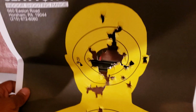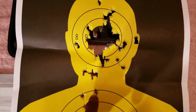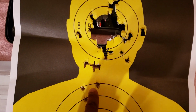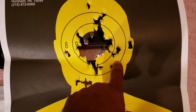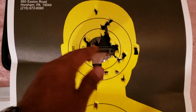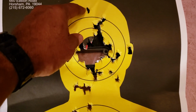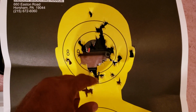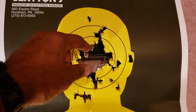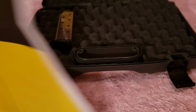And just to go further here, I'm playing around anywhere between 7 and roughly 13 yards at various speeds. When I sped up a little bit too fast, I got these lower ones over here, and similar, like I said, about grip and so forth. I just try to keep it at an even keel. I think when I raised the firearm too high, I was shooting too high, and if I was going a little bit too low, I was going low. Too high, I figured I was actually trying to come above because the distance went farther. But that's my mistake. Other than that, it is an excellent